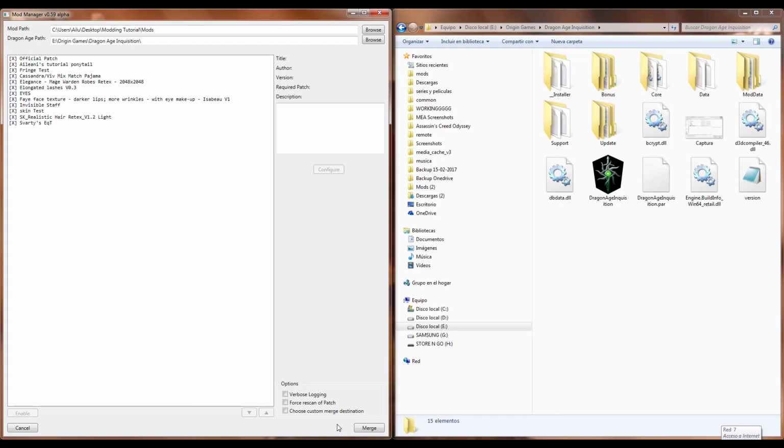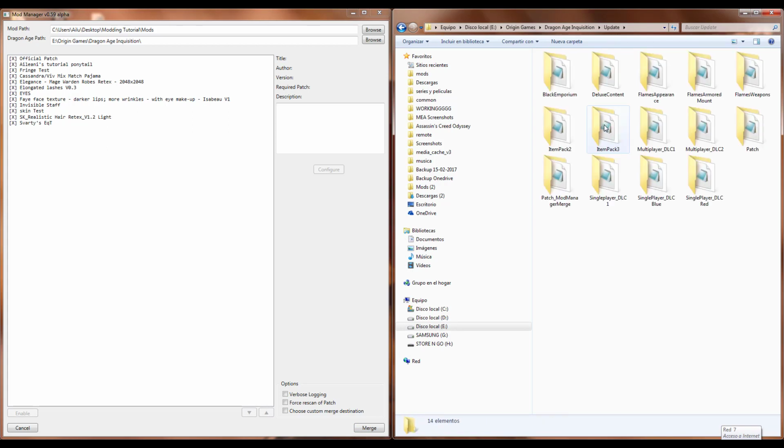So, if I press merge here, what will happen is, in this folder of the Dragon Age Inquisition directory, there will be a new folder called like this, Patch Mod Manager Merge. Okay? Now, because I already did this before and I've been testing mods for the past few days, I have one, but it doesn't have the new hair, so I have to delete this, and now I can merge all of the